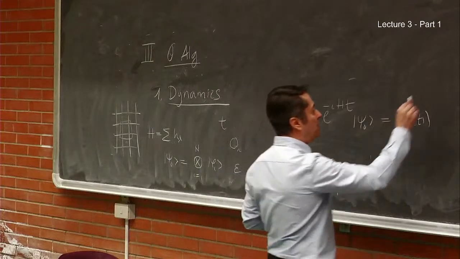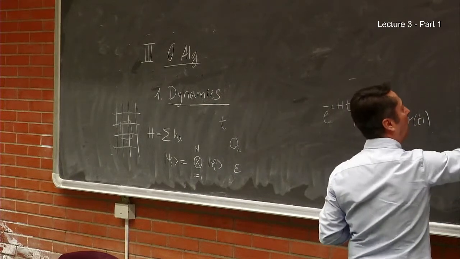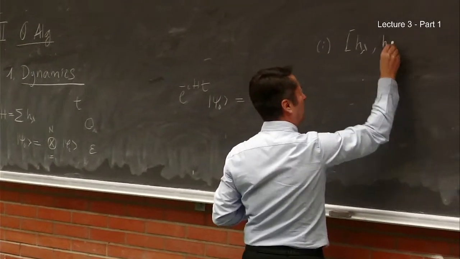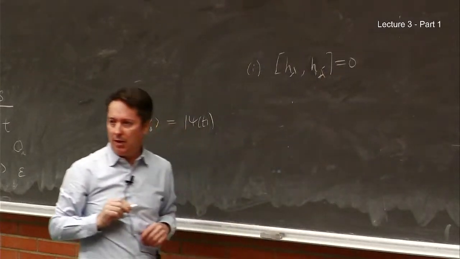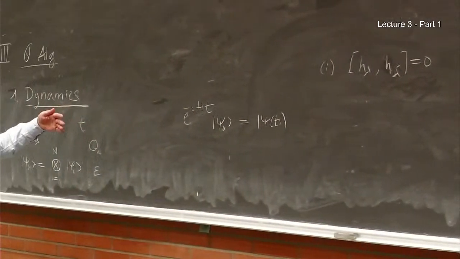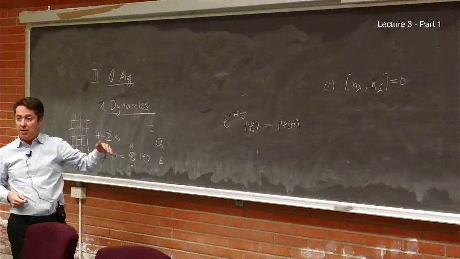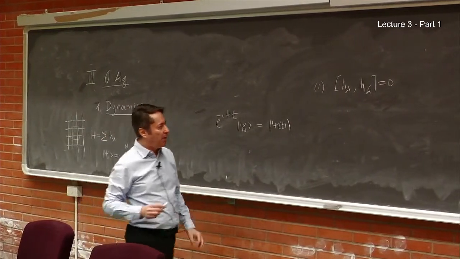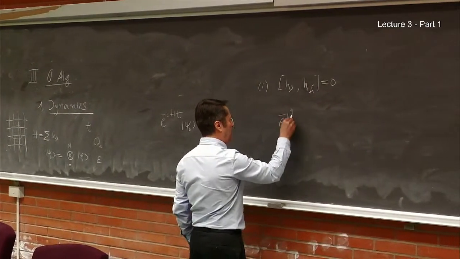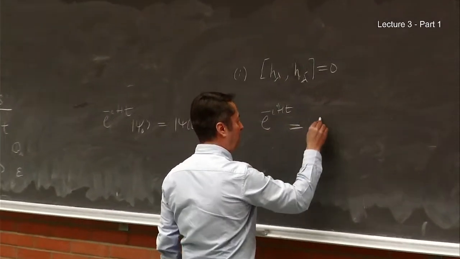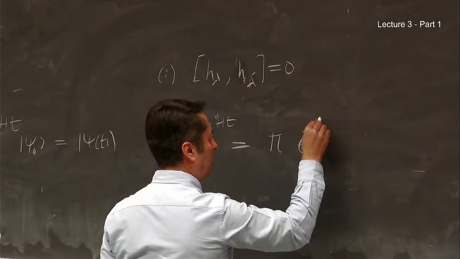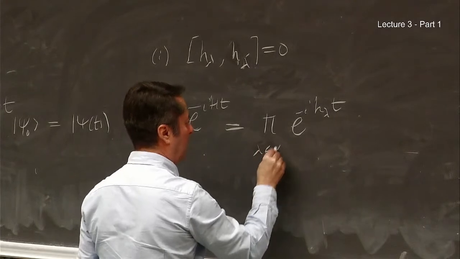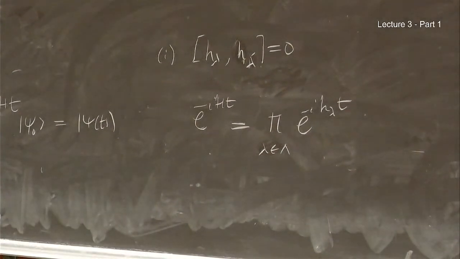So let's start with the first case, in which let's assume that all h lambda commute. This is very restrictive. Okay, so typically this will not be the case. But you will understand. We will learn how to do that in this case, and then in the general case where they don't commute, we'll do something similar. And in this case, that's very simple, because then you can rewrite e to the minus i H t as the product of e to the minus i h lambda times t, with lambda over all these points of your lattice.